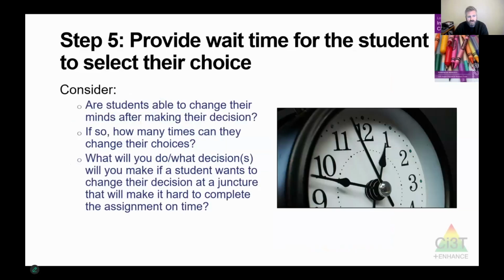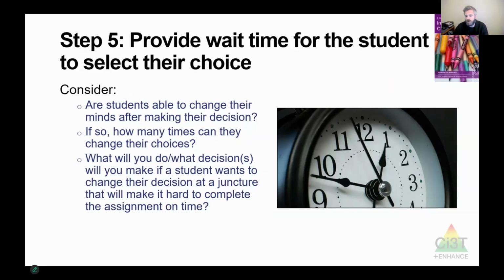So as you're thinking about step 4, how to ask, those are some of the things you'd want to think about. Step 5 is a really, really important one and surprisingly difficult. It's to provide wait time for the students to make their choice. Some students don't need much time. You give them a choice, they make it, they go. Some people are a little bit indecisive, and some people need time to really chew on their options and ask questions. So we want to make sure that we're honoring the students really giving some thought to what they want to do, even if the choice is pretty lightweight, not very high stakes.